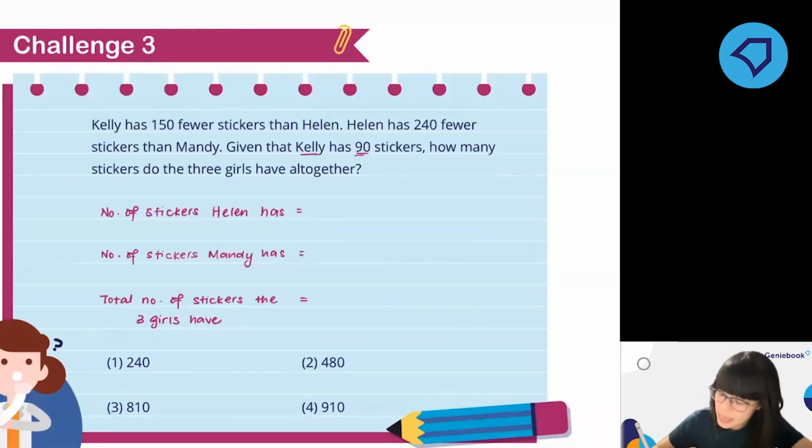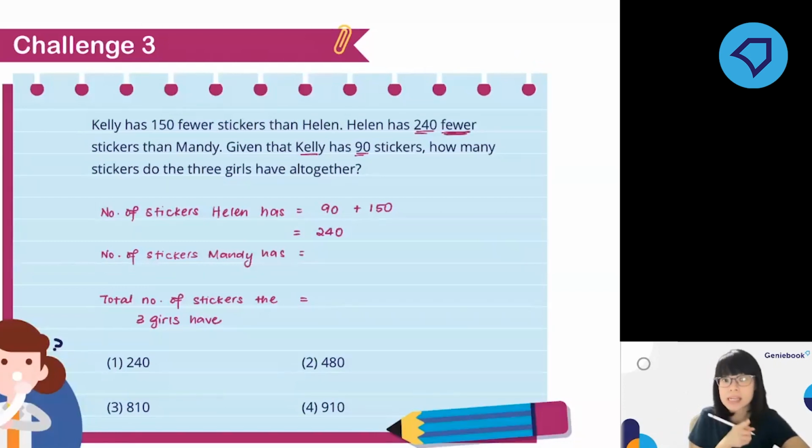Plus, yes, because Kelly has 90 and she has 150 less than Helen, which means Helen has 150 more than Kelly. So we're going to plus 150. So if you take 90 plus 150, you have 240. Correct? Then it says that Helen has 240 fewer than Mandy, which means Mandy must have 240 more. Correct? So it's 240 plus 240, and that will give you